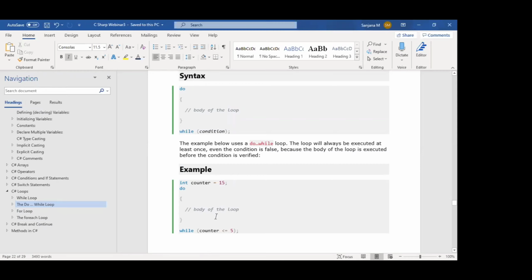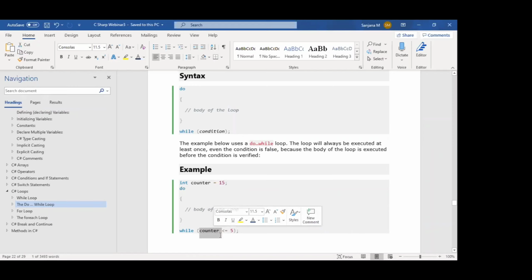Whatever the conditions, usually in a loop you are going to keep a counter increment or decrement. And then the while condition, here the condition we specified is counter less than or equal to 5. So if you see, the condition is specified at the end, so first it will complete the execution of these statements, then it will check the condition.